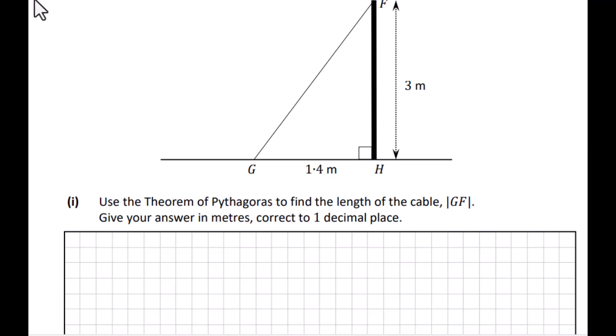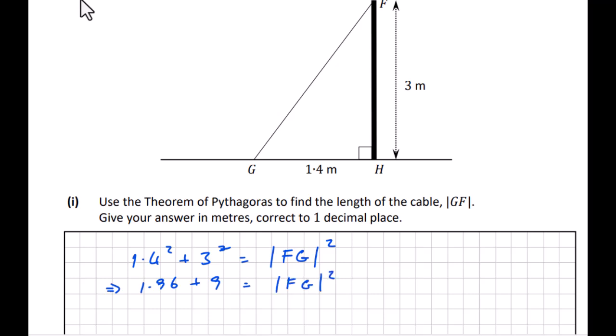So that's just going to be 1.4 squared plus 3 squared equals the length FG, which we've got to square. So 1.4 squared is 1.96, 3 squared is 9, and that's equal to FG squared. FG squared is equal to 10.96,